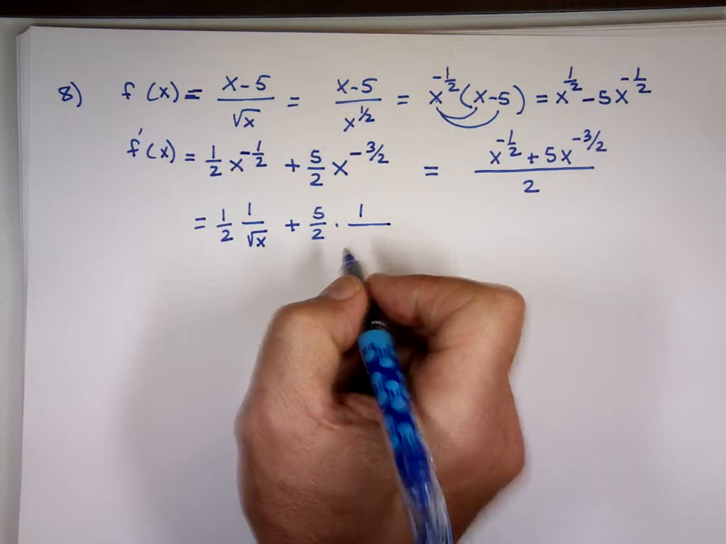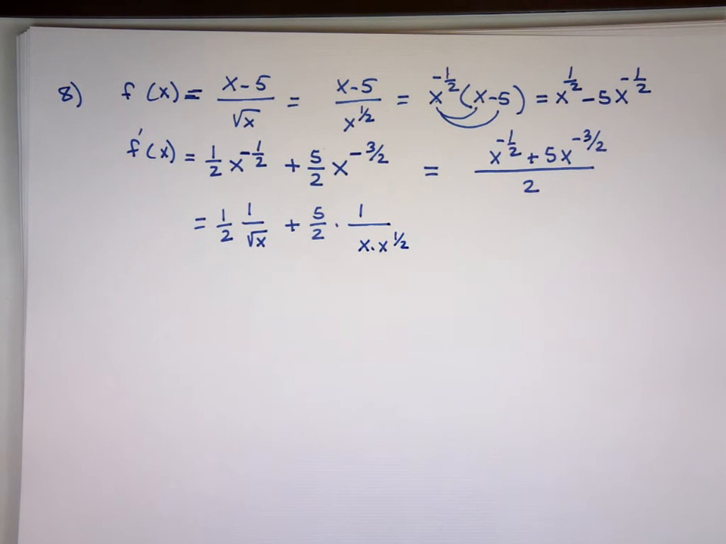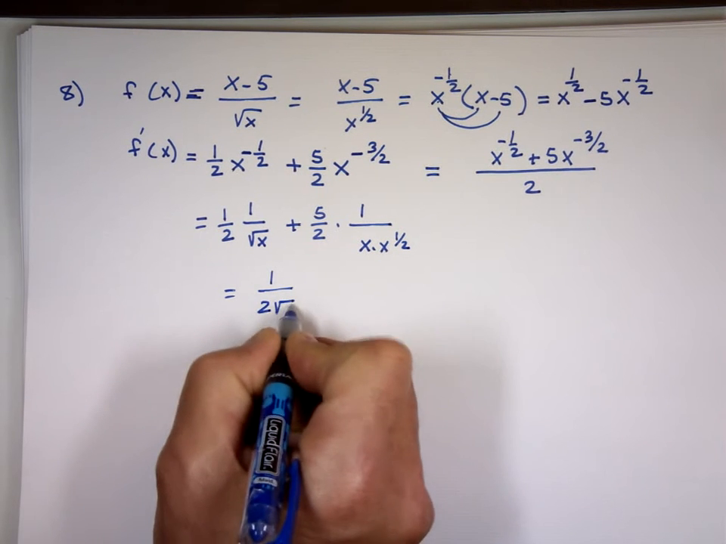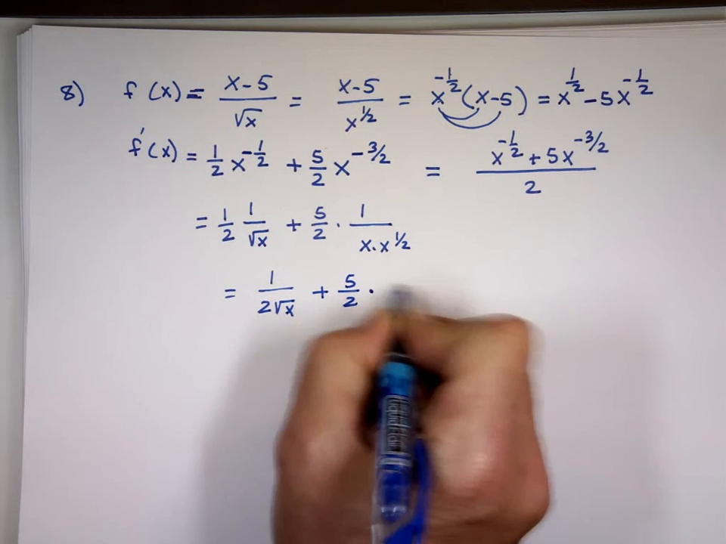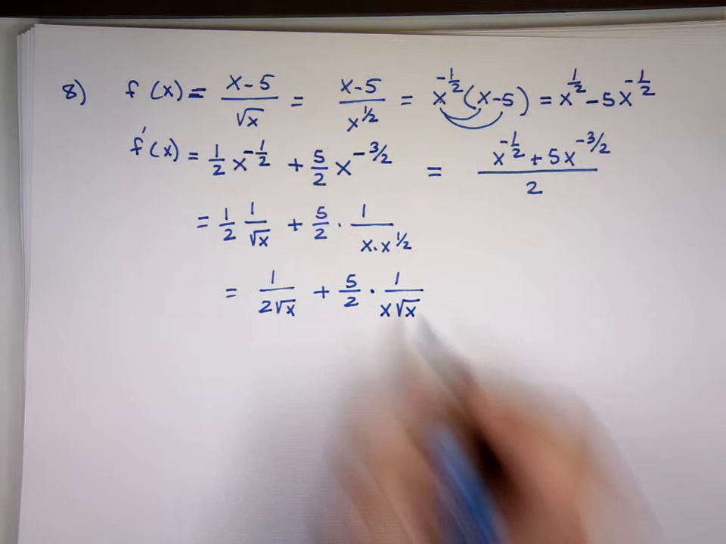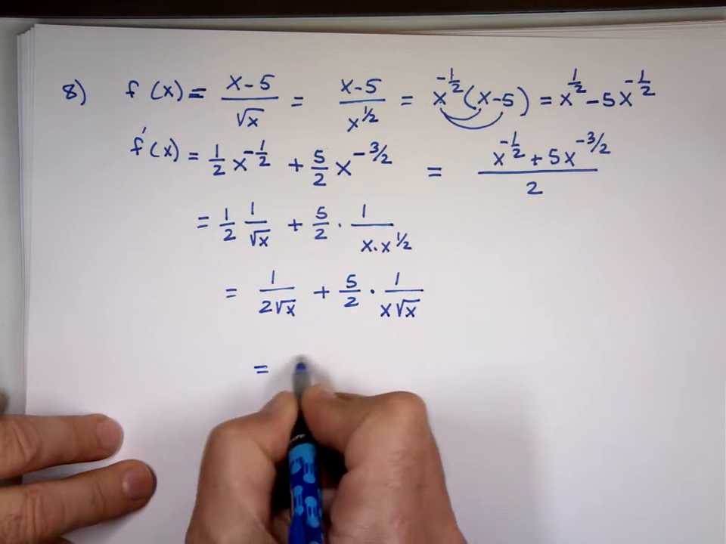Well, isn't that x times x to the 1/2? Because when you multiply, you add your exponents. That's what 3/2 is. So this is 1 over 2 times the square root of x plus 5 over 2 times 1 over x times the square root of x. So if you really want to clean it up, 1 over